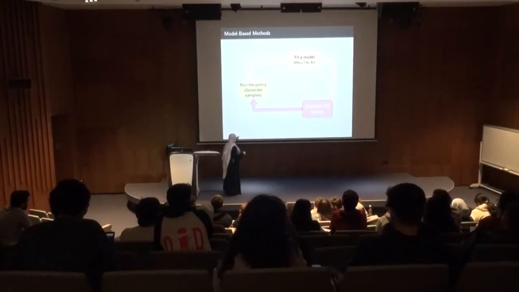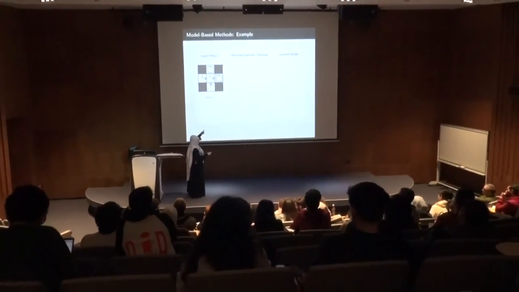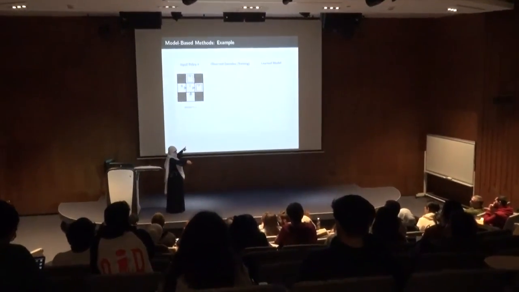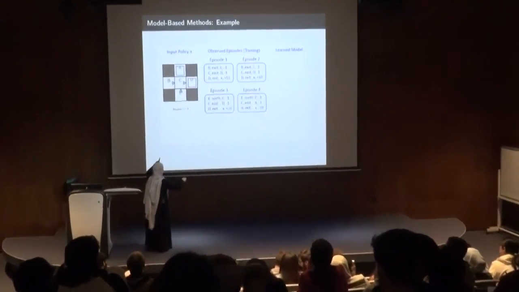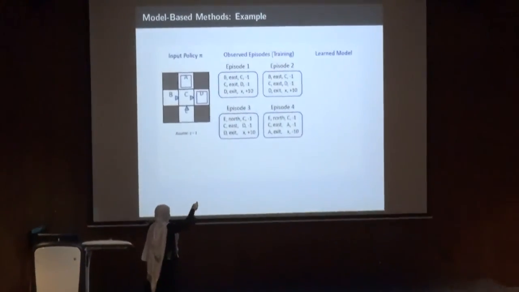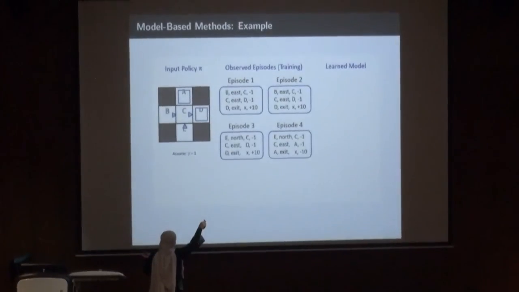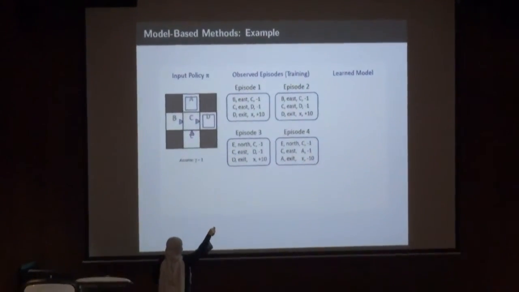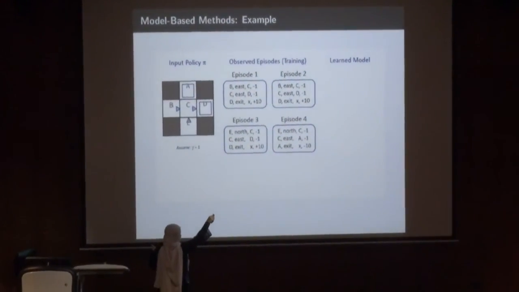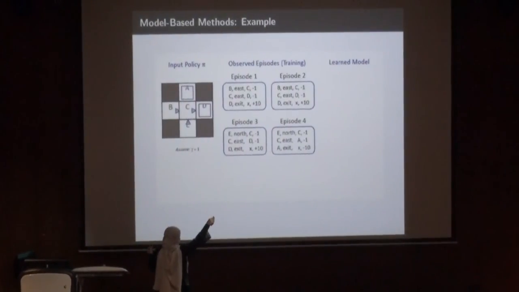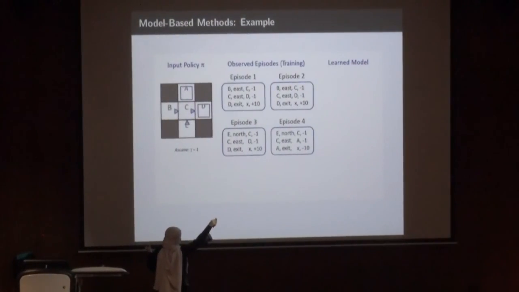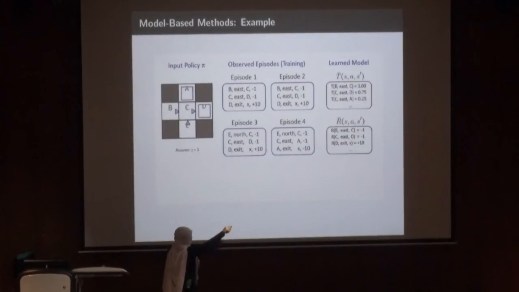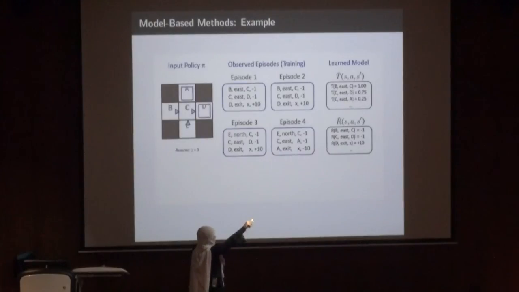We have the model for the actor critic, and this is an example that can answer your question about reward. If I was in state B and executed the action east, and I ended up in state C and received a reward of -1, but in another place also B east C -1, and we don't have B east again. So B east I will end up in C with a probability of 1.